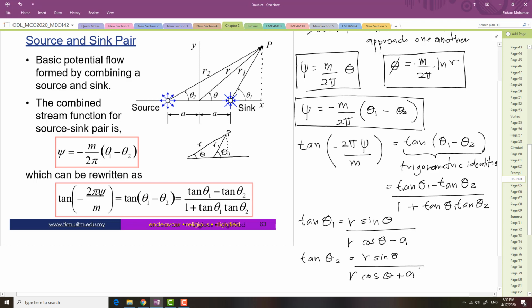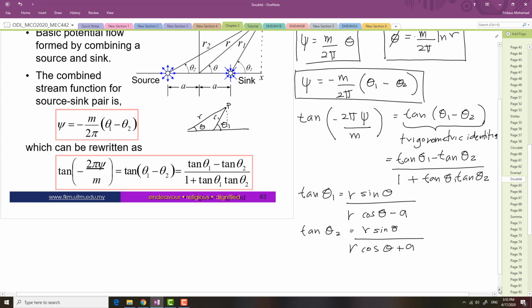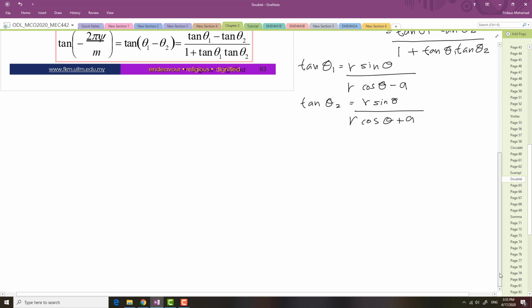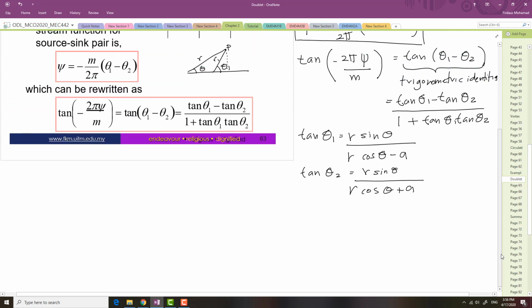Okay, so you've got tangent theta 1 and tangent theta 2. And then from tangent theta 1 and tangent theta 2, you just substitute this tangent theta 1 and tangent theta 2 in this equation. Okay, you substitute, and then you will obtain